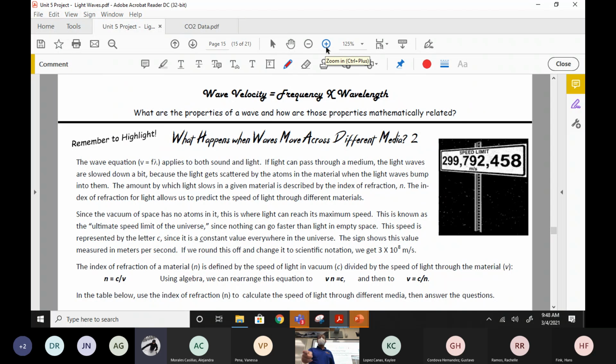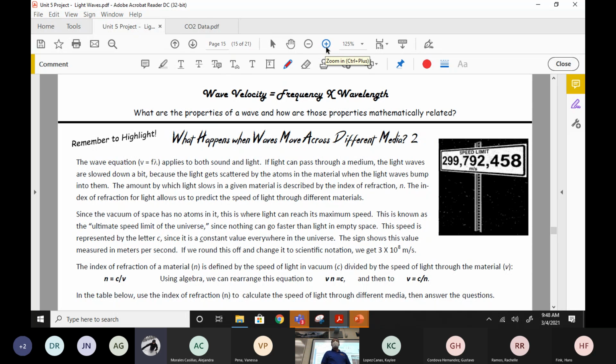And do you notice that that's pretty close to 300 million, which is 3 times 10 to the 8th, or 3e8? Did we see that number a lot when we did the light math, right? That's the speed of light through empty space. Now, through other materials, it's a little slower, but light waves can travel almost 300 million miles an hour in empty space, but we don't think anything can go faster than that. We have no evidence that anything can travel faster than light.